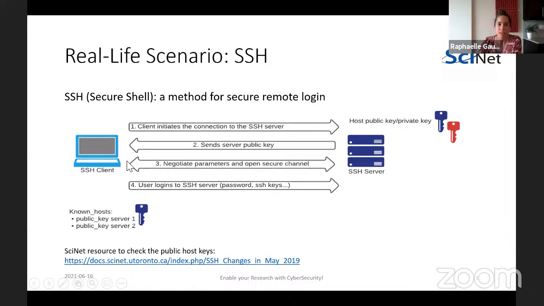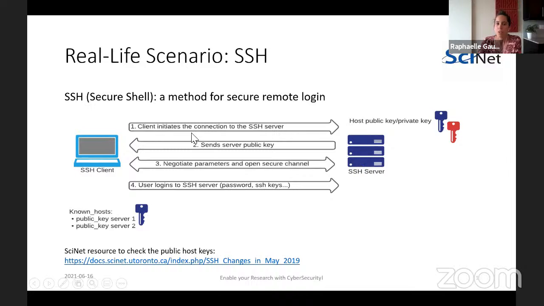Just to go back to this slide, the first 3 steps you see here, step 1, 2, 3, are really used to establish the SSH tunnel, so to establish this secure channel. From there, step 4 is where you would authenticate through the SSH server. Remember, the first time we did the exercise was authentication via a password, and the second time we did the authentication via SSH keys. The SSH keys that you've created are completely different from the ones located on the